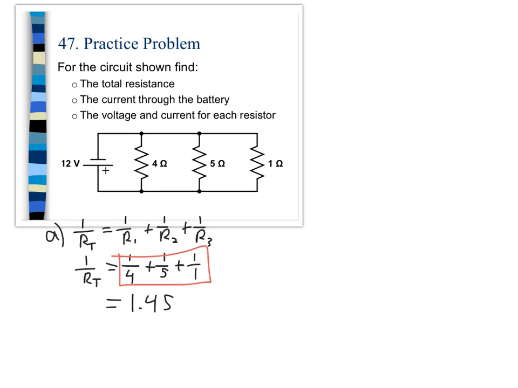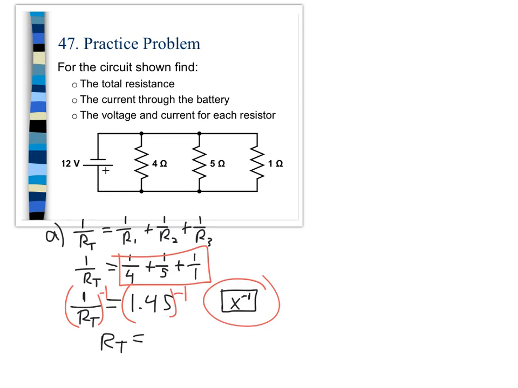1.45. However, that is not our total resistance. That is equal to 1 over our total resistance. What I would do from here is use the button on your calculator that says x to the minus 1. I always think of this as the flipper button. It actually takes the reciprocal. This x to the minus 1 button will allow you to take that 1.45 and raise it to the negative 1 power, or find the reciprocal of it. When we do 1.45 and then x to the minus 1, we solve for RT, and we get a value here of